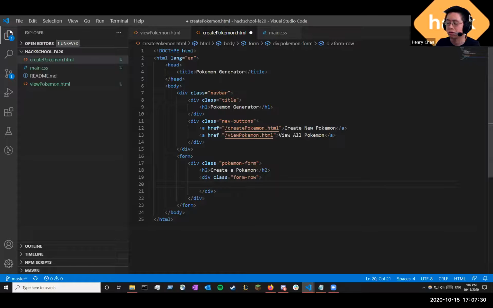So the first thing that we're going to do is we want to have a spot to put a name for the Pokemon. And so the way we're going to do that is we're going to input this input element. And what this input element does, it basically creates a spot on the page to input some text. And so we're going to give it an ID of name so that we can refer to it when we actually grab data from the form, as well as a name. Clarification: name is what allows you to grab the data from the form, and ID is what we're going to use to actually refer to the element itself. And we're going to put this required attribute onto the input so that we,